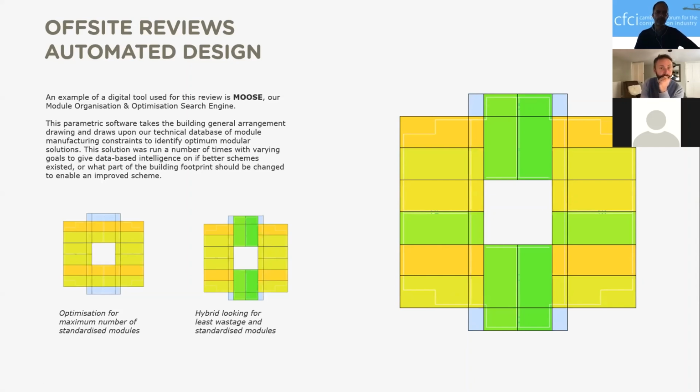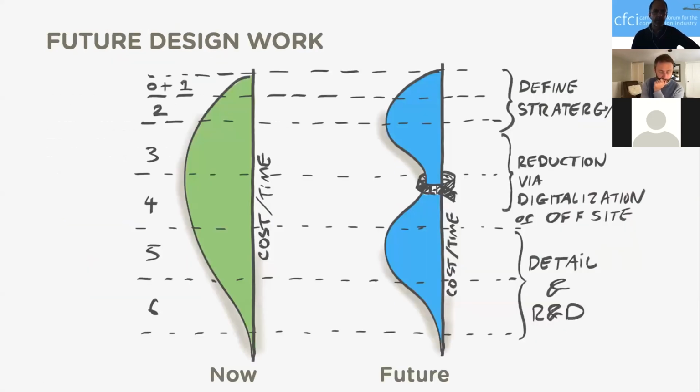So that for me means that actually going further down the road, if we think about the time we might spend between the RIBA stages, between 0 to 6, I believe that we'll come to a scenario where we're defining what the strategy is for our building. The bits around the middle, so stage 3 and 4, are almost going to be automated, and we can just create that from a program. And then the detail is where the R&D is, and that's where the fine tuning is, if regs change or anything happens, and that feeds back into the strategy.